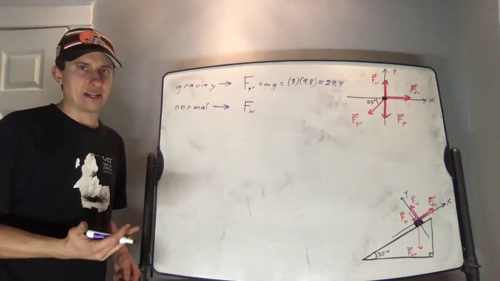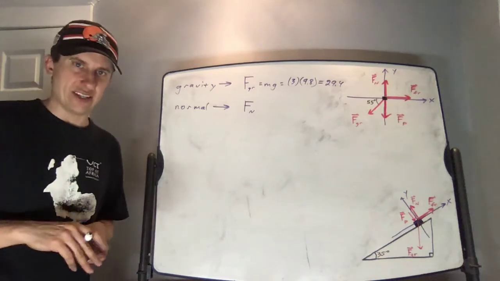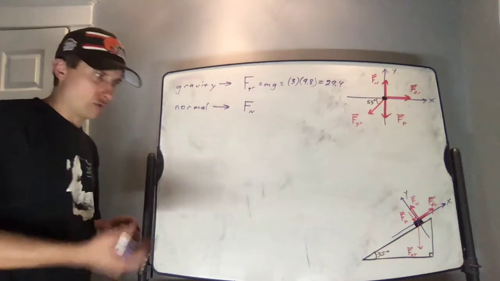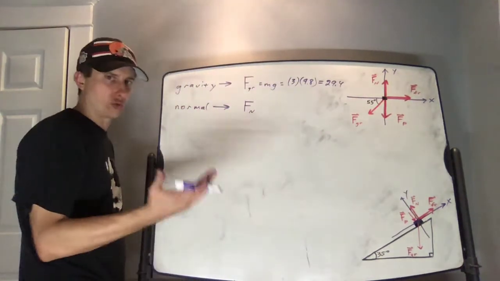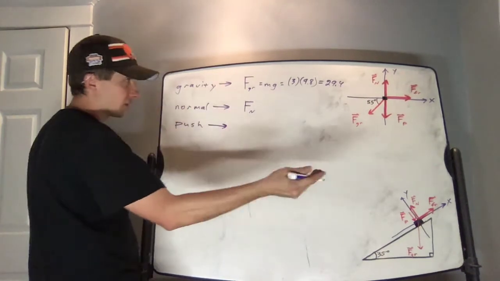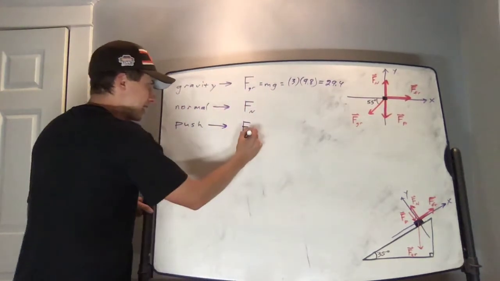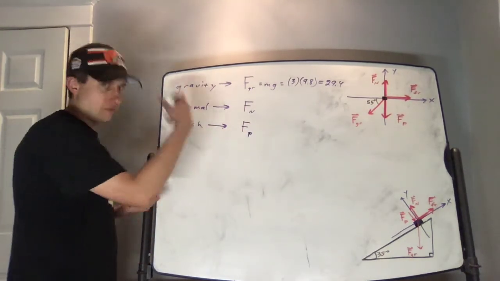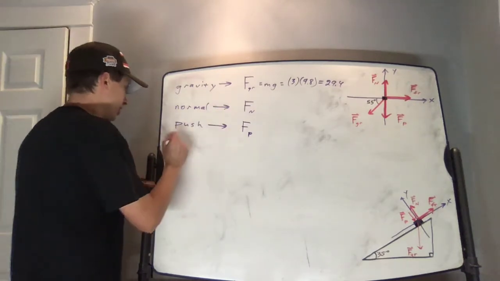Now, whatever Fn ends up being, I'll have a number for it, but I can't really go much beyond this. The same is true for the force of the push, the strength with which the person is pushing onto the crate and trying to push the crate into the ramp. For the push, I do not know how strong this force is. I'm going to write it as just Fp. Now, presumably later on in this problem, we'll go through calculations, we'll get a number for Fp. And for the force of friction,